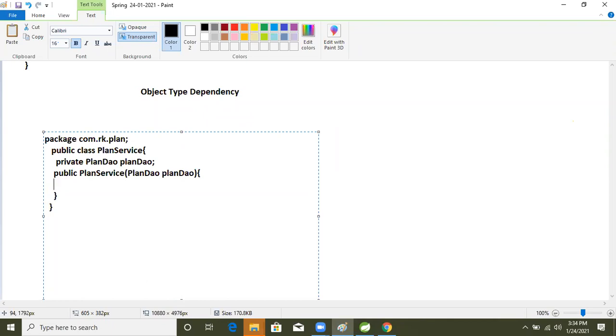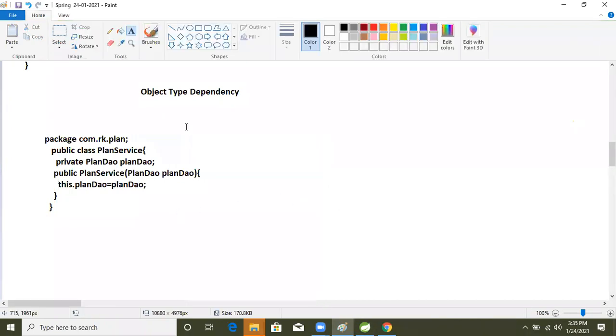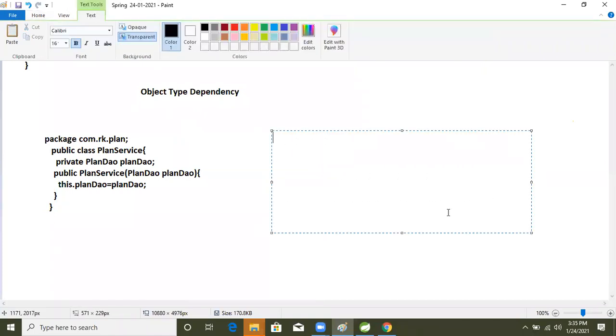This is a dependent object, meaning one more class is there, and here one more object is there with a relation, because we are going to use object dependency.